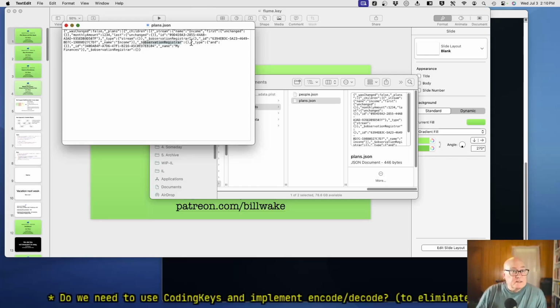Now, we've always seen them empty, so I don't know if there's any harm in them. But if I were to take the trouble, we could define coding keys, one for each field we want to write, and then an encoder and decoder that use that. It doesn't hurt anything like this, but it might.